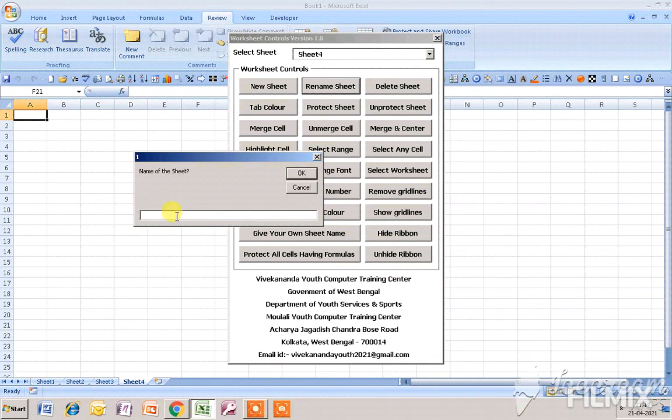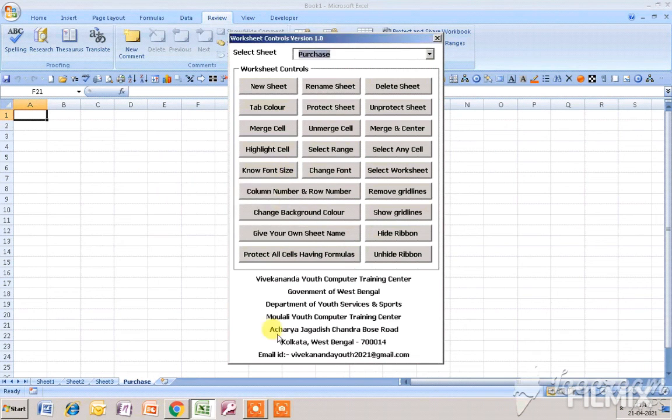Okay, suppose I give the name as purchase and I click OK. Now we can see the worksheet has been renamed to the sheet name purchase, and you can see it here also.